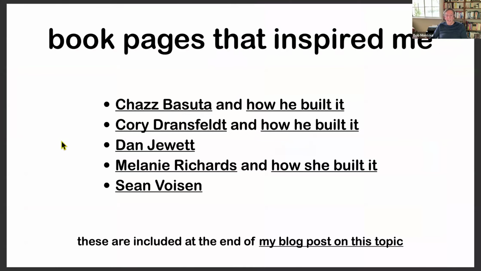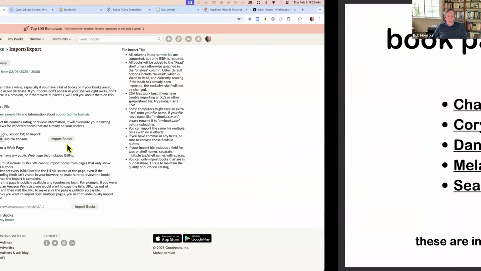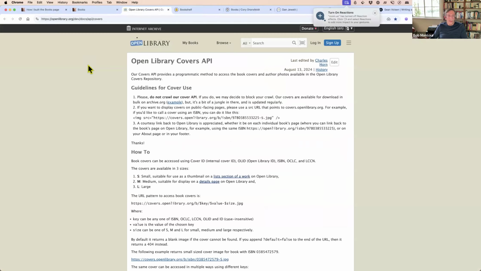And these are some of the sites. I'm going to go back to the browser and walk through some of these and show you the parts about them that I liked. Except actually Dan's is one that post dates my creating the site, but there's a thing about it that I think is really cool. Let's see, let's go back here. We can close that. Oh, here's the Open Library Covers API, and you can see down here how to construct